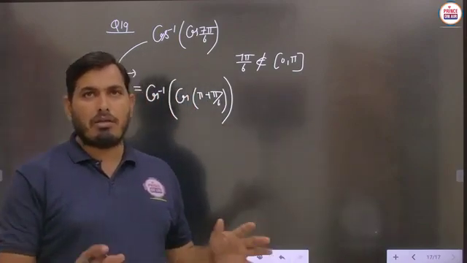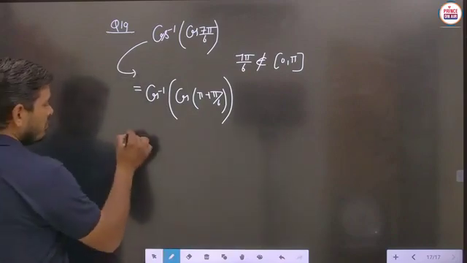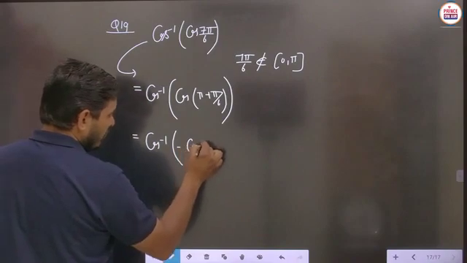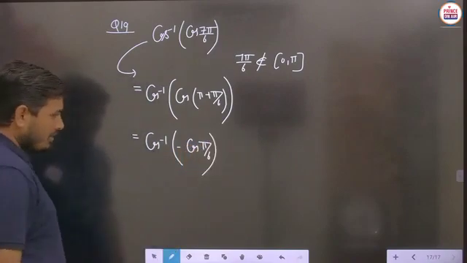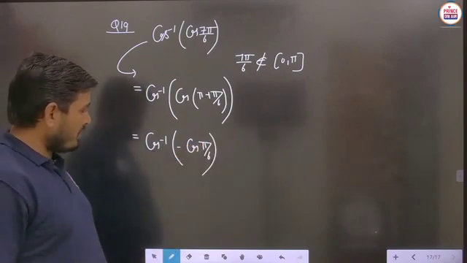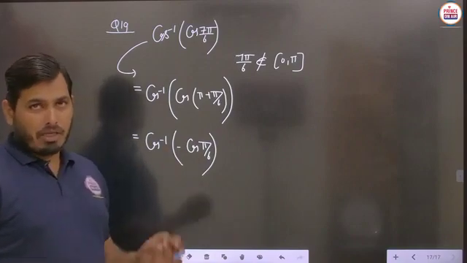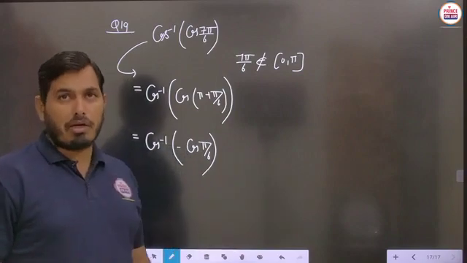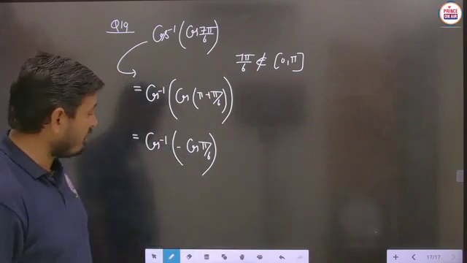In the third quadrant, the cos will provide the negative answer. So finally we will say that this is cos inverse of minus cos pi by 6. This part can be written as minus cos pi by 6 because this negative sign is due to the quadrant, because this given angle lies in the third quadrant. In the third quadrant the cos will give the negative answer.